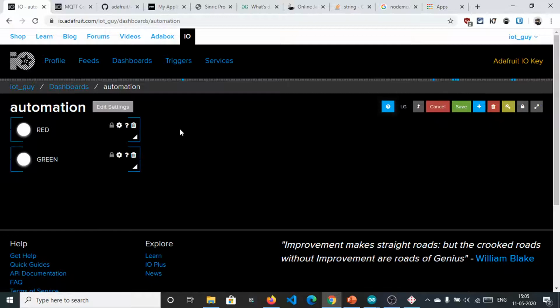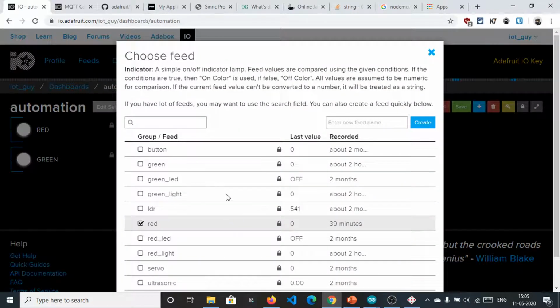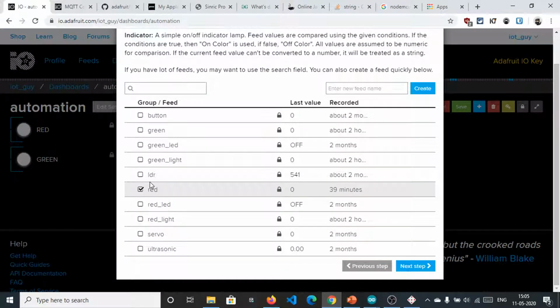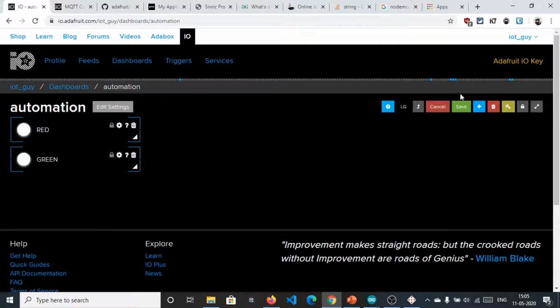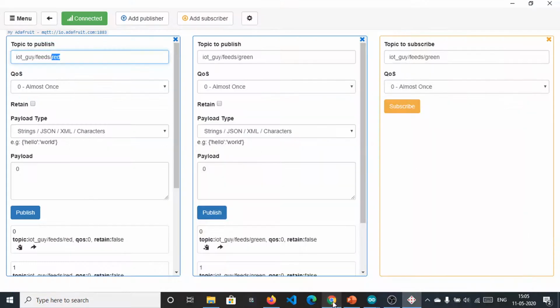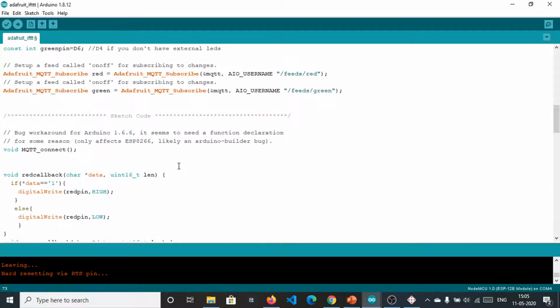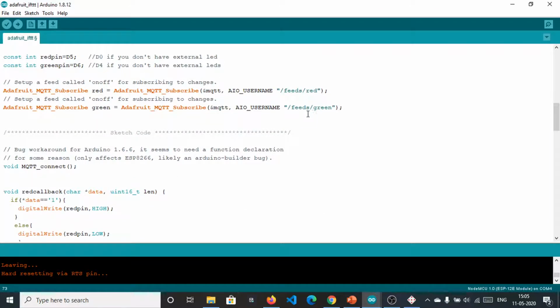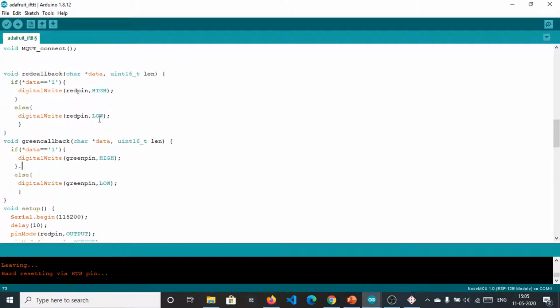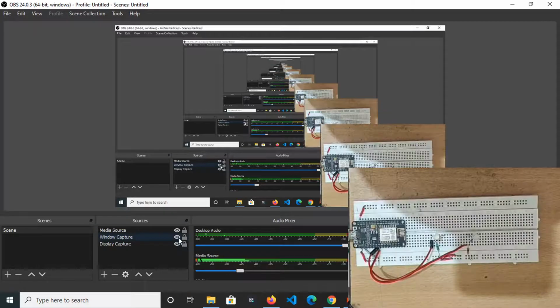If you can see, I will click on the setting bar, and we have made this field red. So we need to send data to which topic? We need to send data to this /red topic, and as we connect right here, we are similarly subscribing to the same topic. And now if we send data here, the red pin should be turned on. So this is the demo.